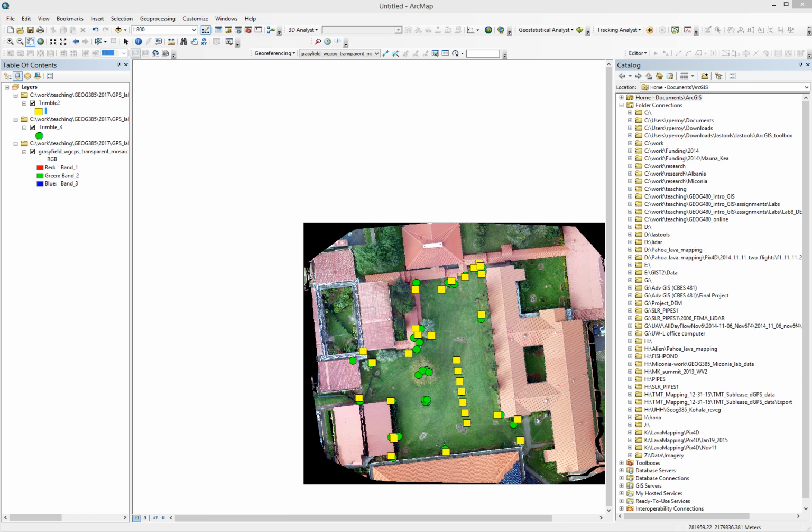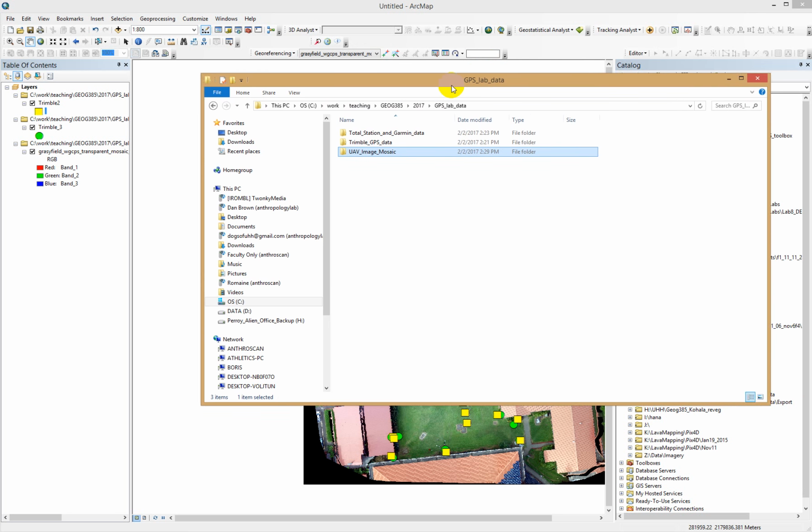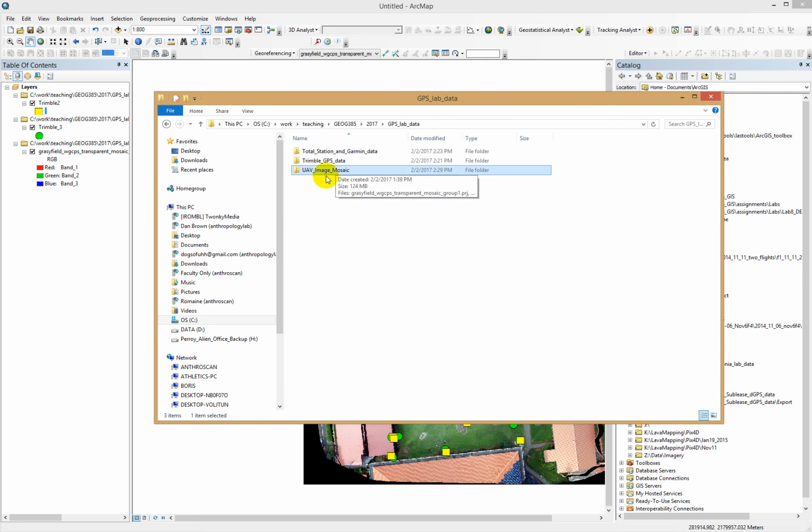All right, that was the easy part. Now we need to bring in our Excel data and make sure it's in the proper configuration for ArcMap to actually read it. And so if we look again back at the place where we've downloaded our data, inside here